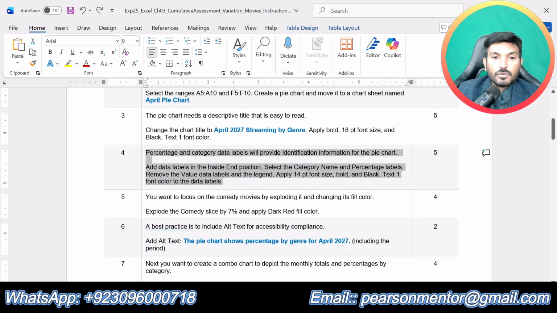Now let's do step number 4. Percentage and the category data labels will provide identification information for the pie chart. Add data labels in the inside end position. Select the category name and the percentage label. Remove the values data labels and the legend. Apply 14-point font size, black text one font color, and bold the data labels. Okay. So in step number 4, now we are supposed to add the data labels to the inside end position